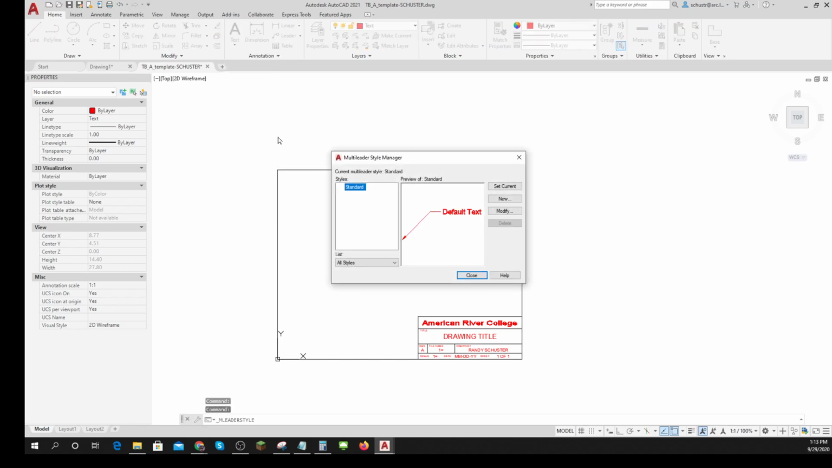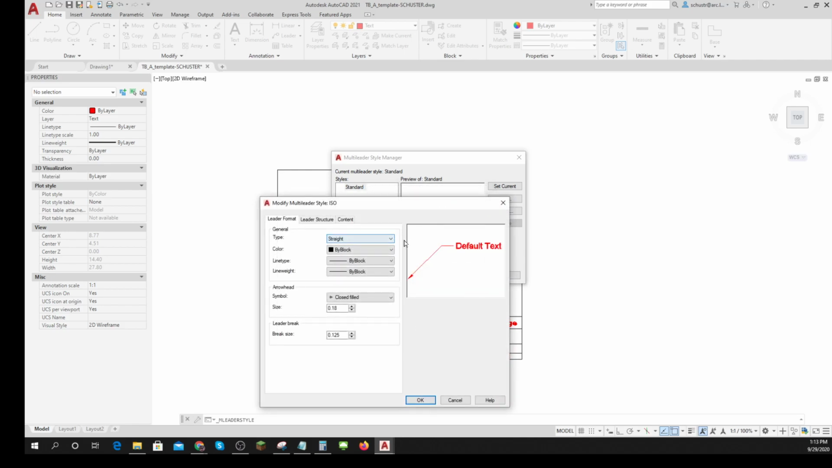So this is all your preparation, but you only have to prepare once. So I'm going to have a standard one, or I'm going to have one called ISO for my isometrics. And I remembered that these arrows,